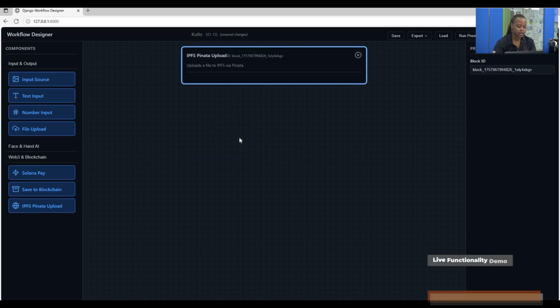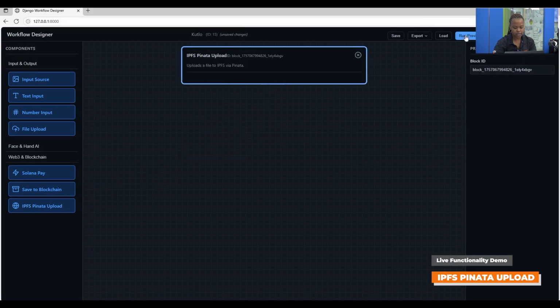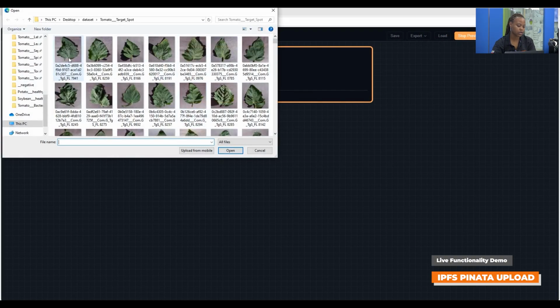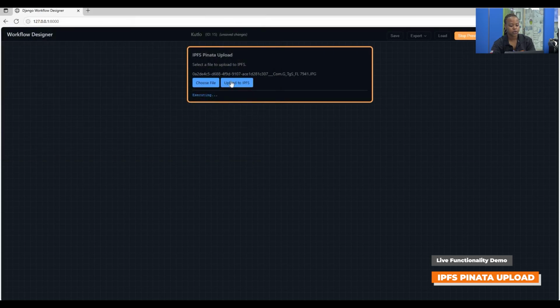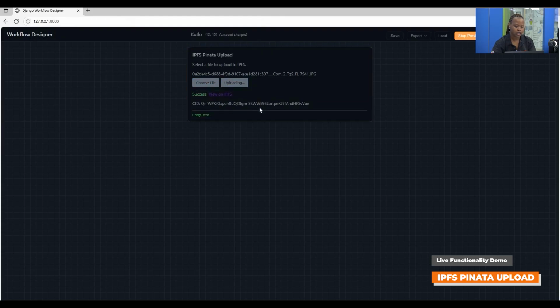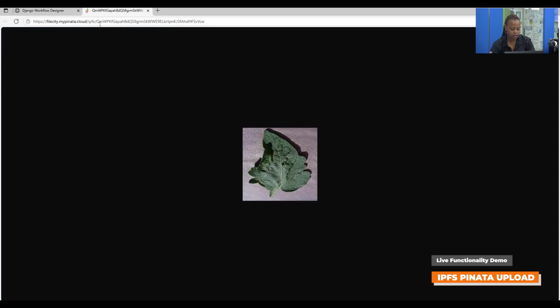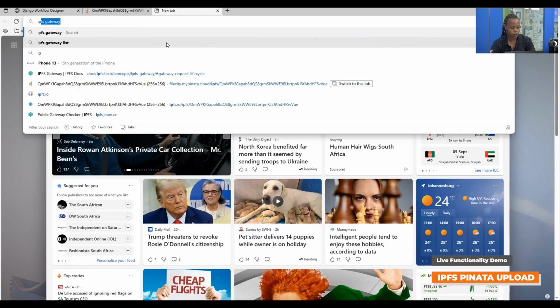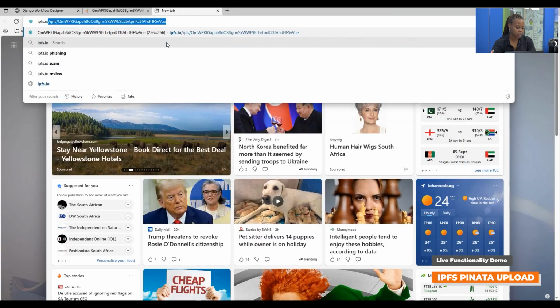And then we're gonna do our last option, the IPFS. So here we're going to run a preview, and then we're going to choose a file. So we have a leaf over here that we're just going to upload, right? Upload to IPFS, and you can see after uploading it, you get a CID, and you can view it on Pinata. But it's not only limited to Pinata, like you can see the CID there corresponds with the one on Pinata. So if we try another IPFS gateway, so let's try it, ipfs.io